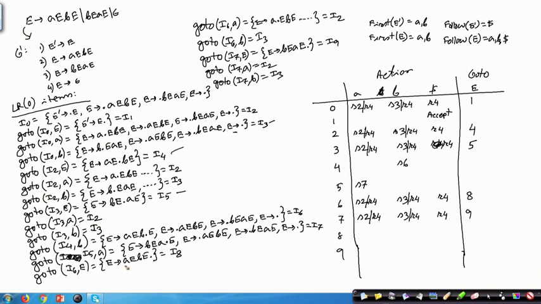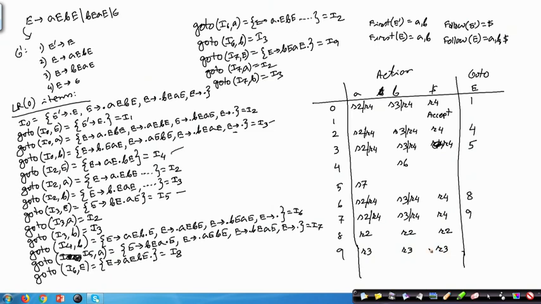Now, come to item 8. Okay. So, the set I 8. So, there I have got a rule, that is rule number 2. So, I have to look into the follow of E, that is A B dollar, and there I have to reduce by rule number 2. So, it says it is reduced by rule number 2, reduced by rule number 2, reduced by rule number 2, and then for I 9, I will have this rule. So, that is rule number 3, and so all of them should be reduced by rule number 3.